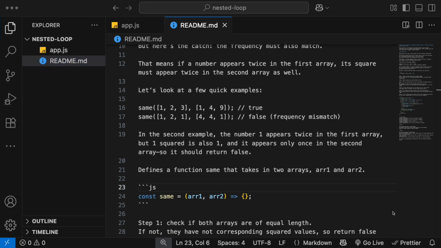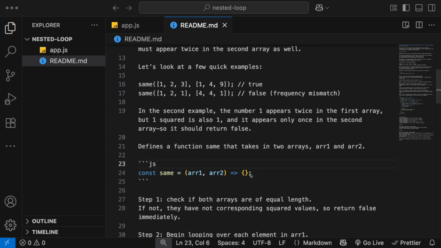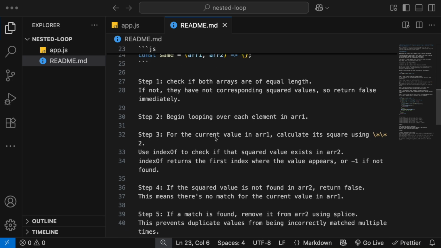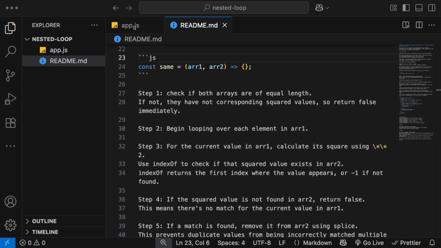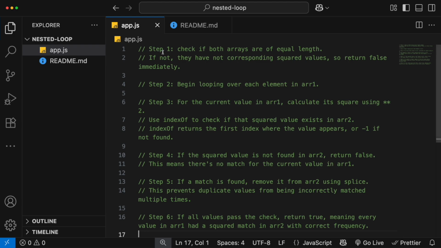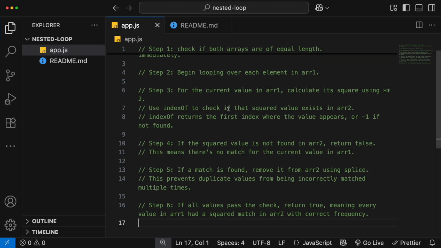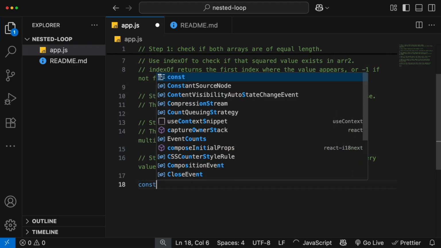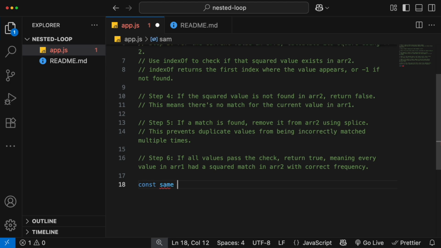To solve this problem, we will define a function called same, which will take two parameters, two arrays, and after that we will follow these steps to solve it. So here in the app.js, I wrote the steps to solve the problem. So first we will define the function called same. This is an arrow function. Take two parameters, array1 and array2,